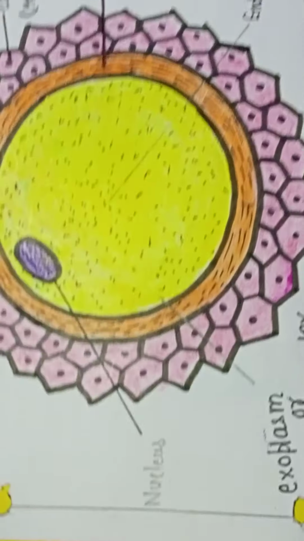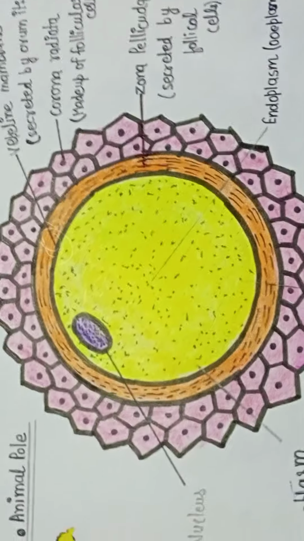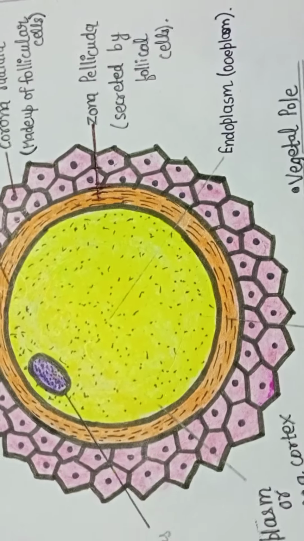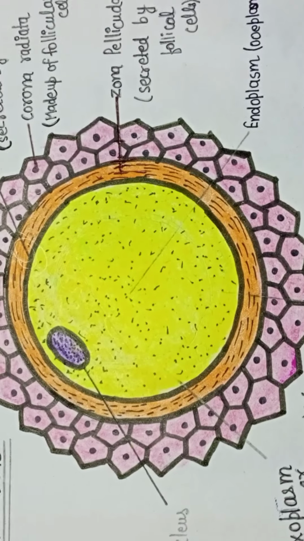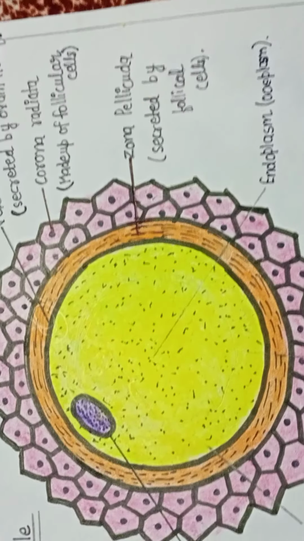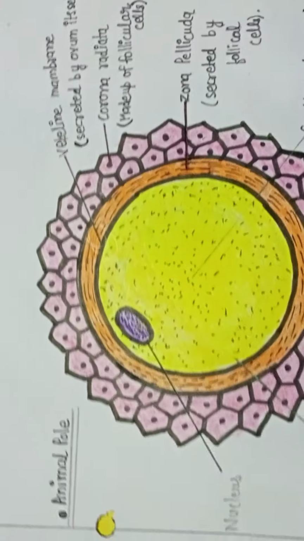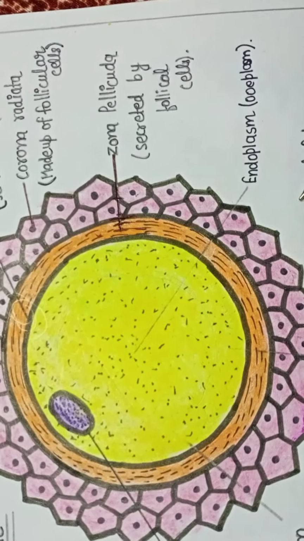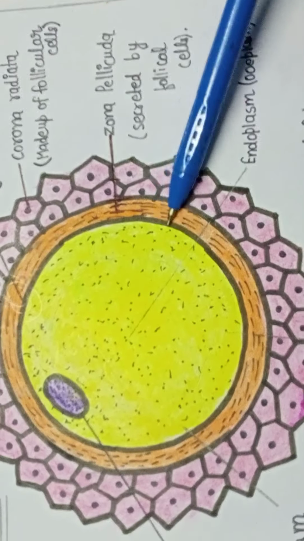It means egg membrane. The size of the ovum is very different in different animals due to the different amount of yolk present in them. If I talk about the largest size of egg, the largest egg is the ostrich egg, which is about 107 mm to 135 mm. In mammals, the human ovum is microlecithal, which means it has negligible yolk and a large amount of cytoplasm.